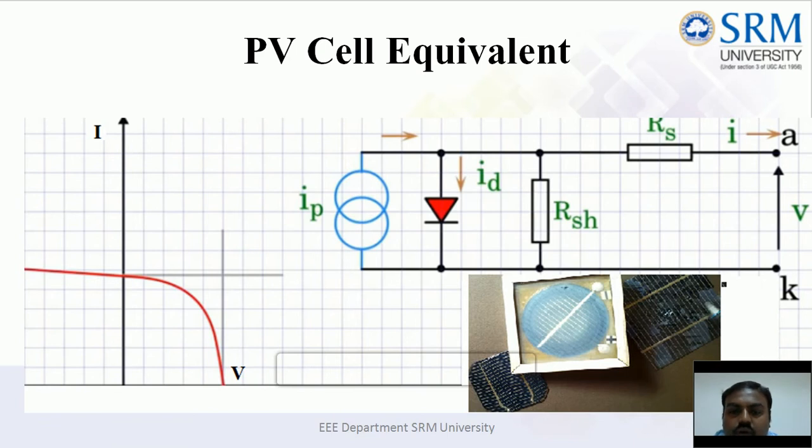From this, what we infer is that a PV cell as such is neither a voltage source nor a current source. We can approximate that it is 70% a current source and 30% a voltage source. This is an approximation. Given the equivalent circuit, students can realize it in a simulation environment and extract these IV curves,